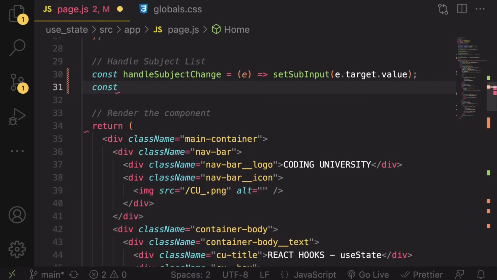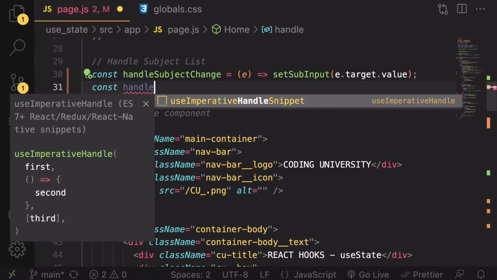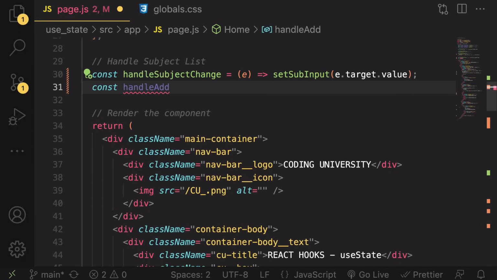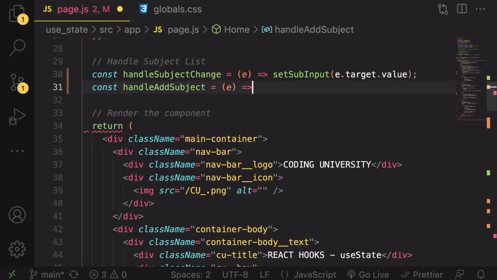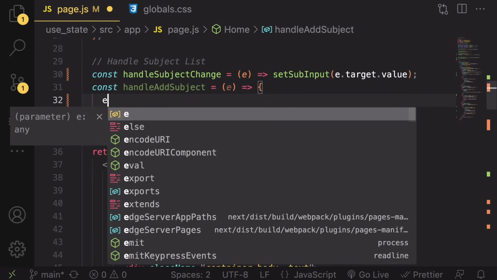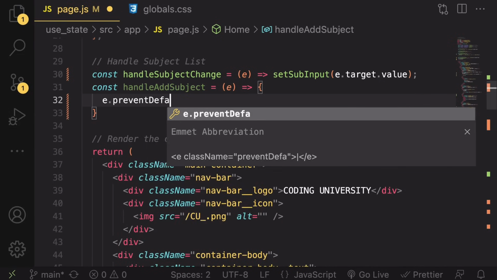So let's say const, let's handle, what are we handling here? So we want to add it, right? Add subjects. We want to add a subject, right? And we're going to bring the really nice arrow function, and we're going to do something cool. We're going to prevent defaults. And while we are preventing defaults, you may already know prevent defaults is so that when we